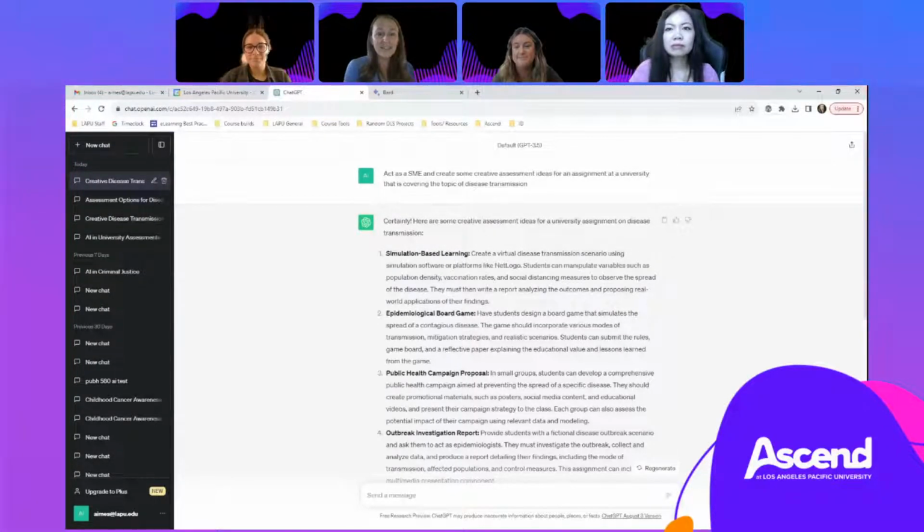So as we get into these things, I also want to make sure we compare each of those suggestions to what you would be getting out of a research paper. So the reason research papers have been the standard is because it allows a faculty member to easily assess specific things, right? So are we capable of getting those same specific things that we would get from a research paper by doing these alternative, more creative assessments? So I'd love to hear you guys talk through that.